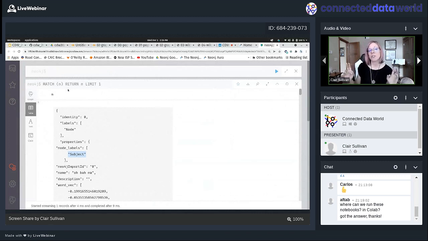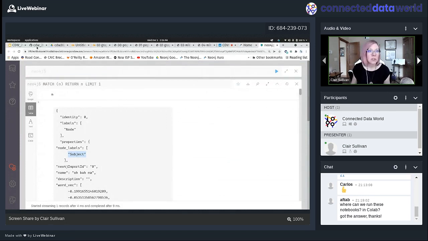One thing I want to tell you, I showed you that graph visualization. If you find your browser starts running a little slow, one of the reasons is that those visualizations can take up a fair bit of memory. But if you click on this X over here, you can close that visualization. It might help. When in doubt, just refresh the browser and it should perk back up for you.